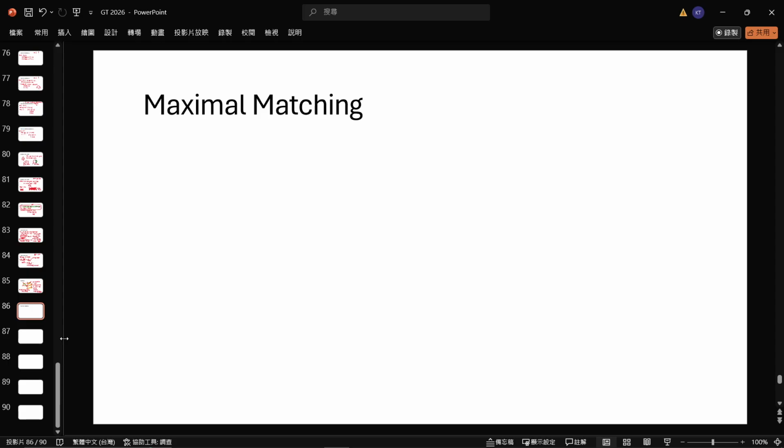So maximal matching is like a local maximum matching, okay? This is not the best globally, but locally it is the best, okay? So what do I mean by locally? So a matching M is a maximal matching